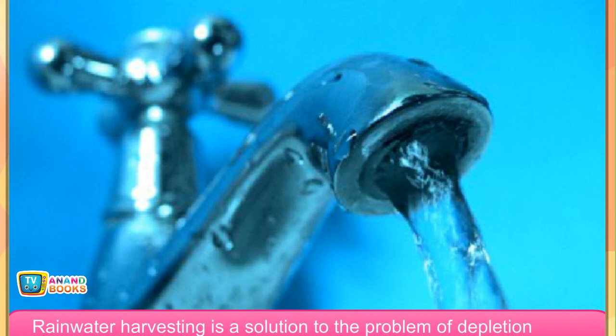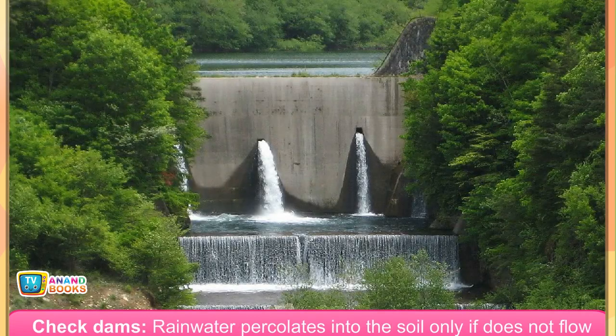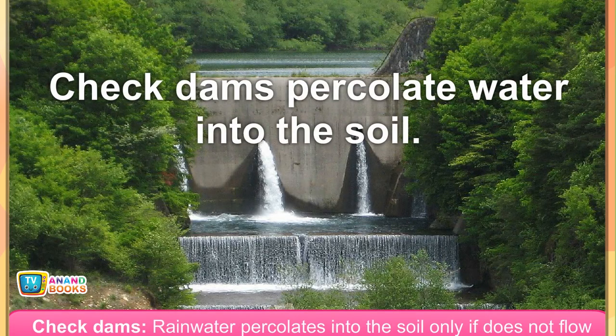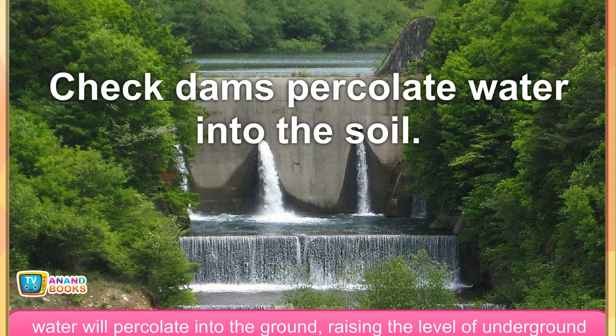Water conservation. Saving water without pollution is its conservation. Rainwater harvesting is a solution to the problem of depletion of groundwater. Check dams. Rainwater percolates into the soil only if it does not flow away quickly. If a check dam is constructed preventing flow of water, water will percolate into the ground, raising the level of